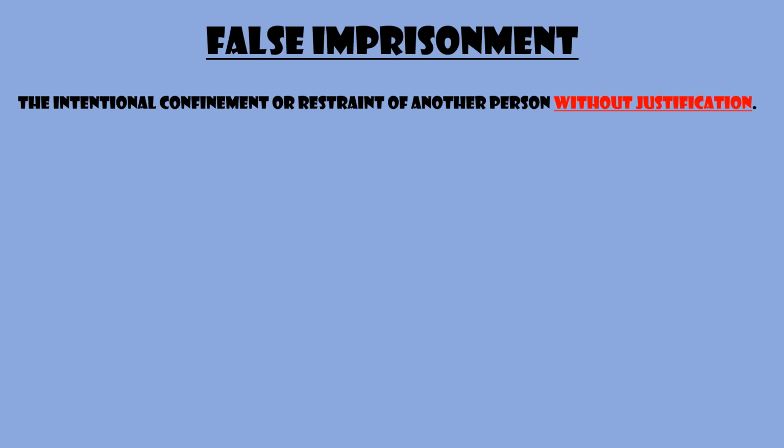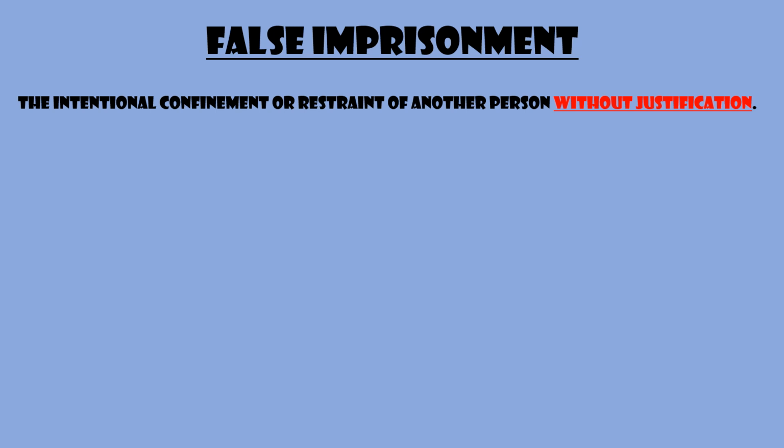Why? Because I was justified in confining you to protect you from yourself and to protect others from you because of your inebriated state. Now let's say you came over to my house for a party, and it was one of these parties where we had no alcohol. We played cards, we watched games, we played videos. And when the party was over, you said, it's time to go home. Where are my keys? I said, they're down in the basement. And when you go to the basement, I lock the door so I can play with you later. That would be false imprisonment. I was not justified in locking you in the basement to play with you later.